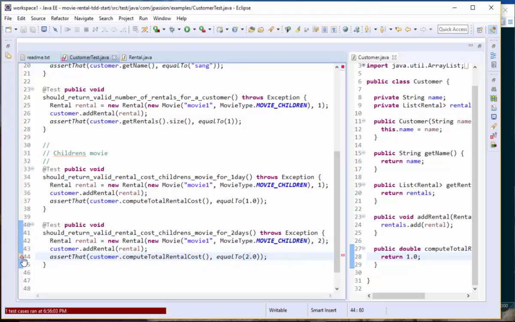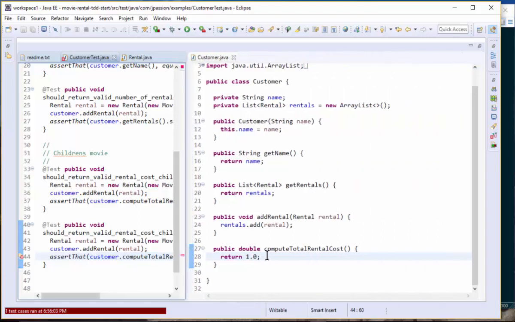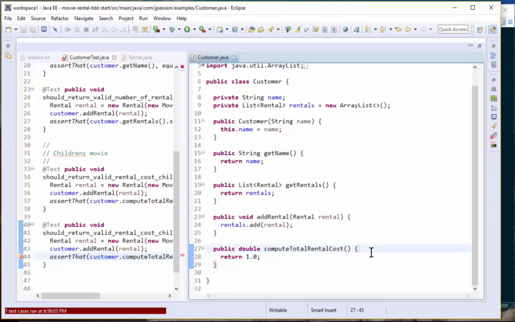So this is basically the indication of the failure: expected 2.0, but was 1.0. Obviously this logic is not working. So what we need to do is have a for loop here for the rentals. So for rentals,